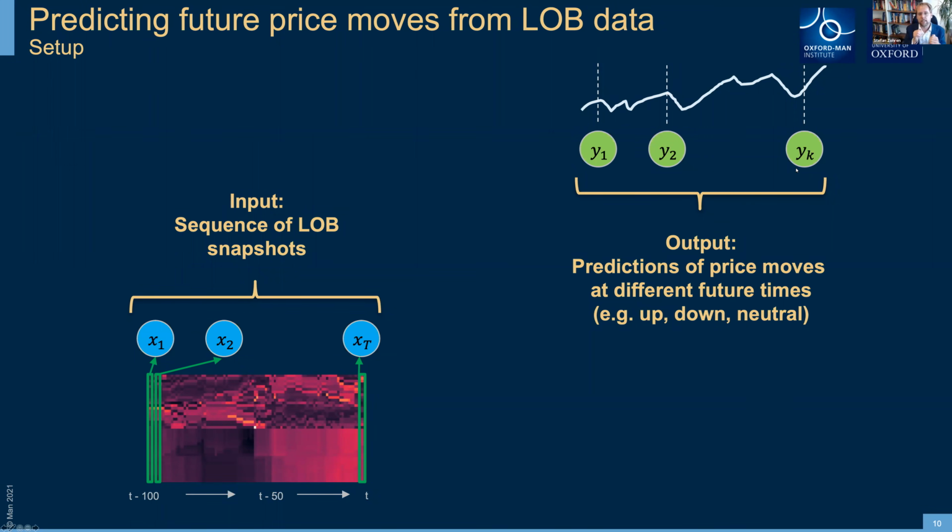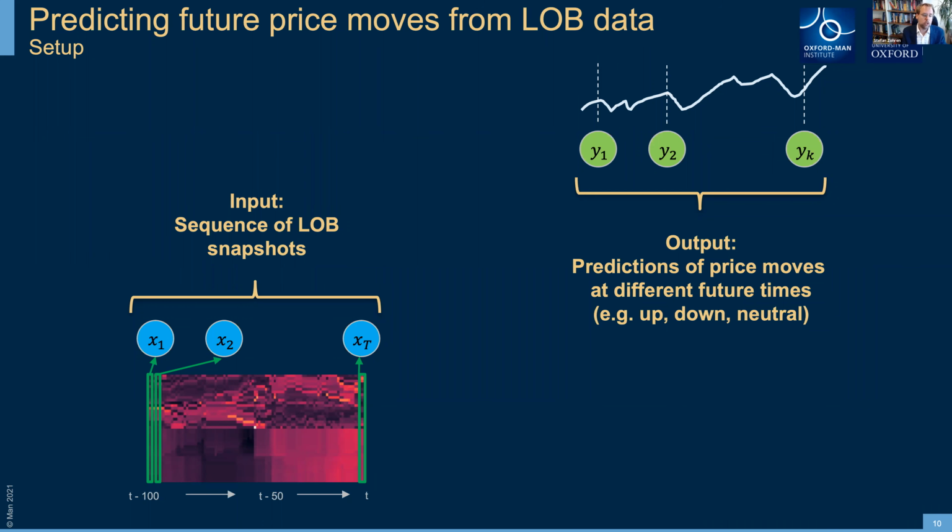And I want to make predictions, either of some future return, or, in our case, to compare to some existing literature, where they look at moves above and below a certain threshold. So you can classify it: is it going up, down, or neutral with regard to a certain threshold, which again is normalized to adjust for varying volatility. So you have roughly equal balanced classes. And we can say, okay, I have a sequence of events in the future, like 10 ticks, 20 ticks, 50 ticks, 100 ticks. And I want to know, is the market moving up, down, or neutral at those future time points?